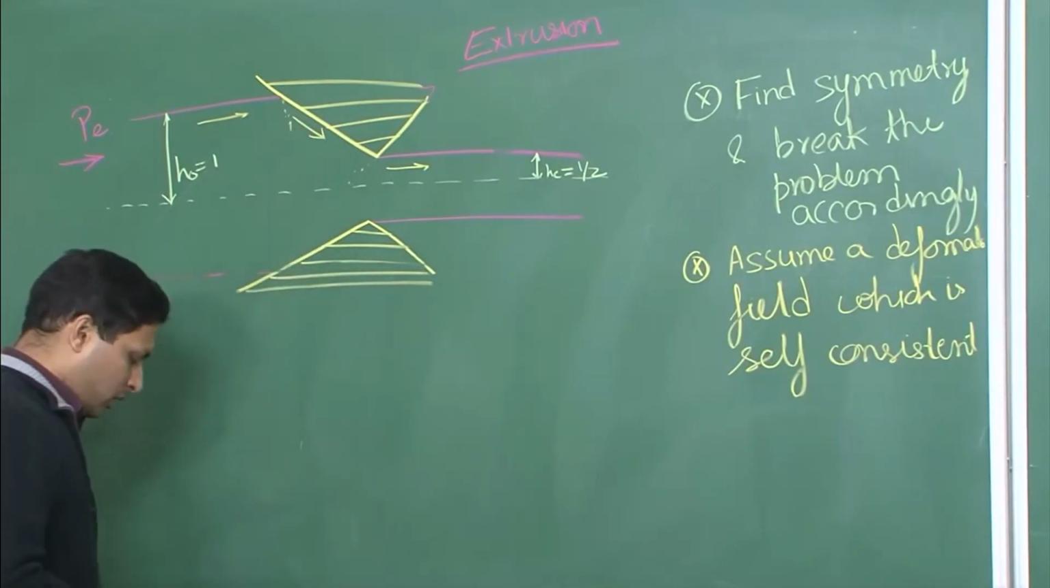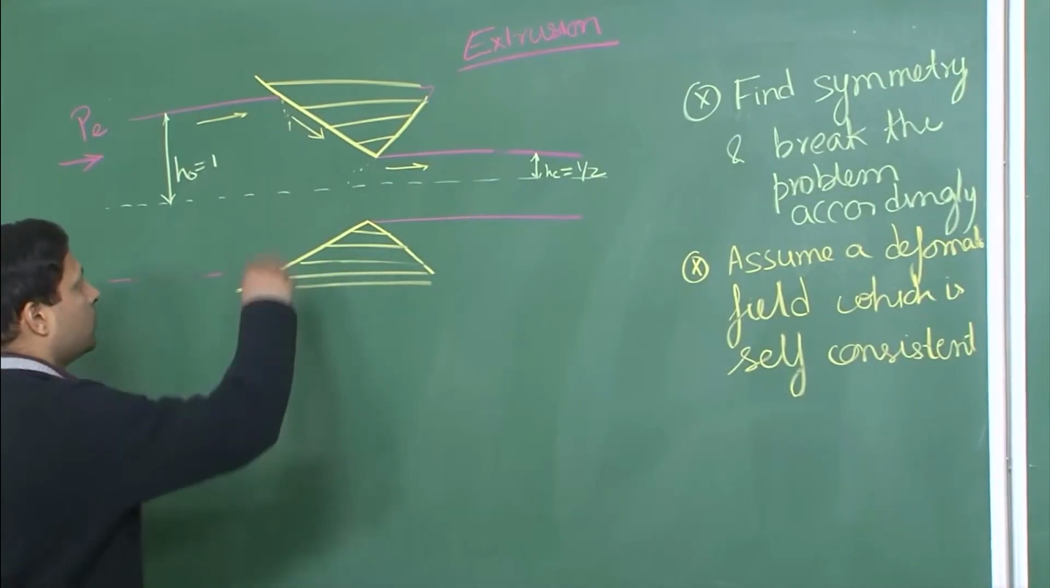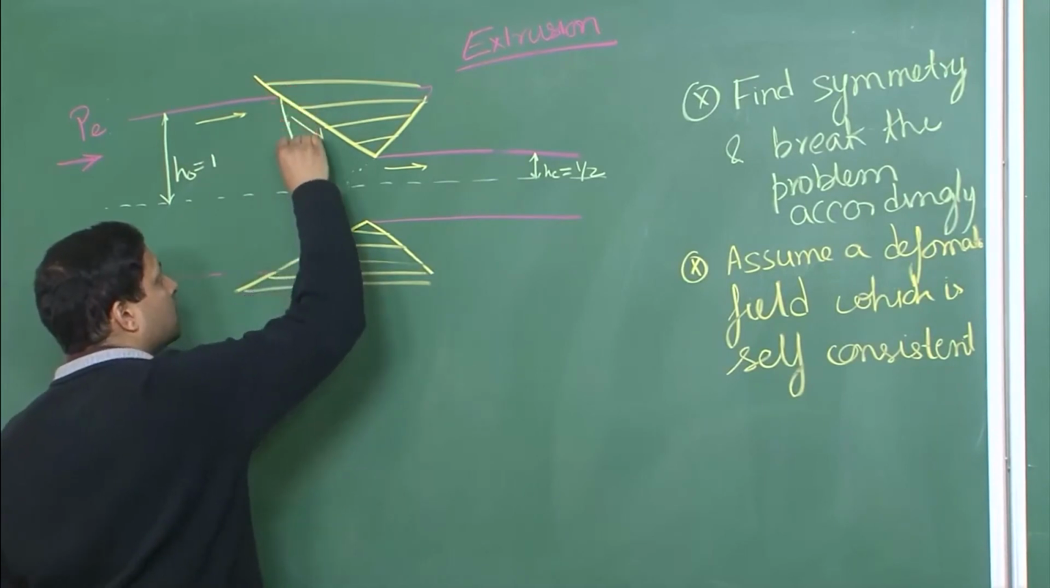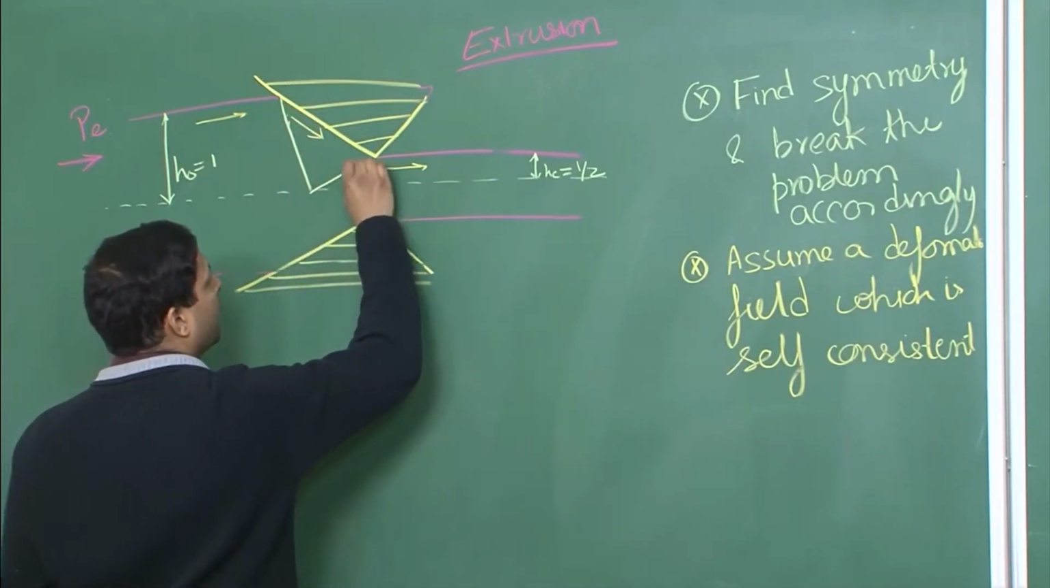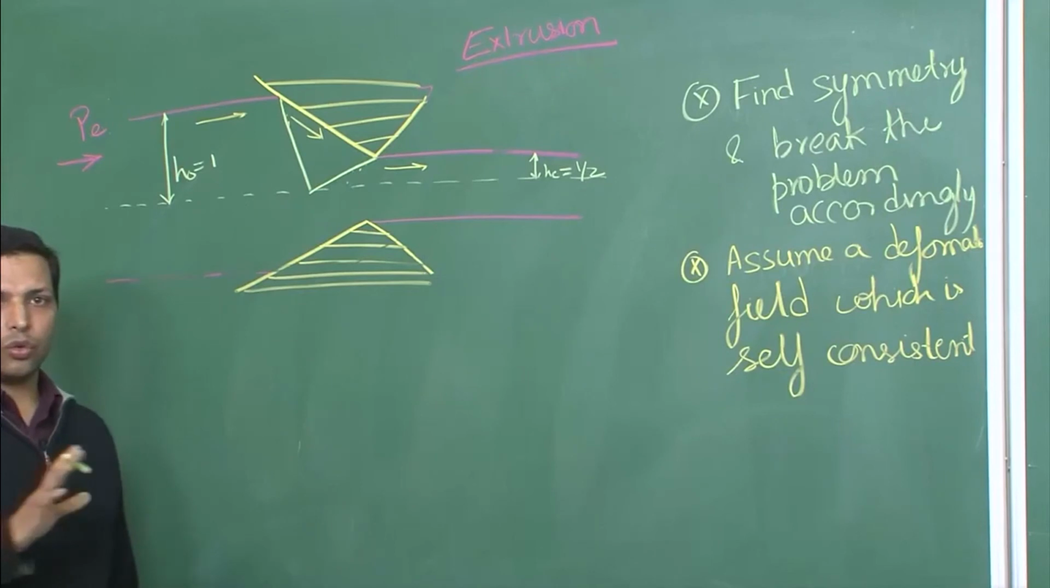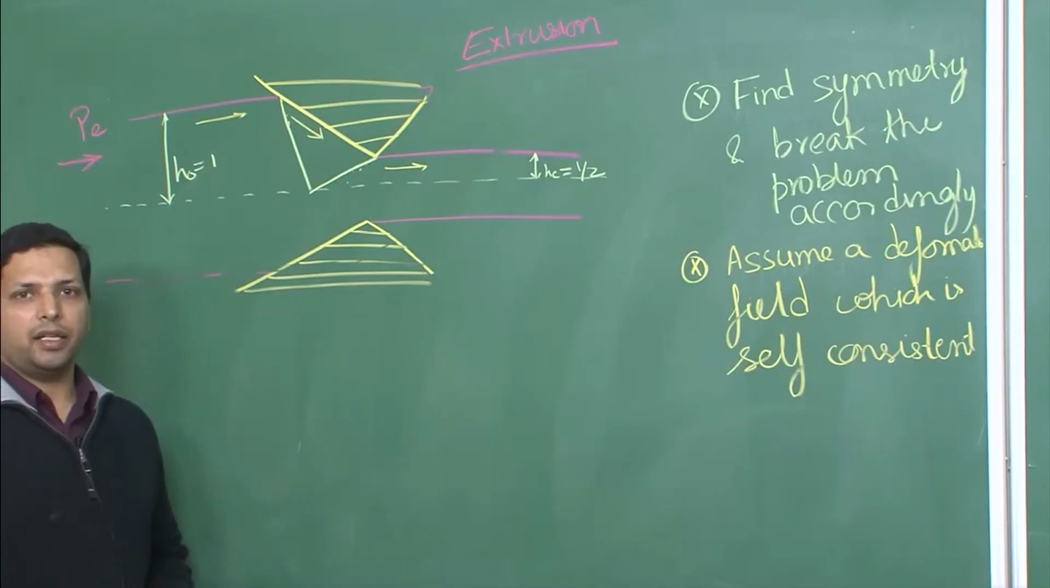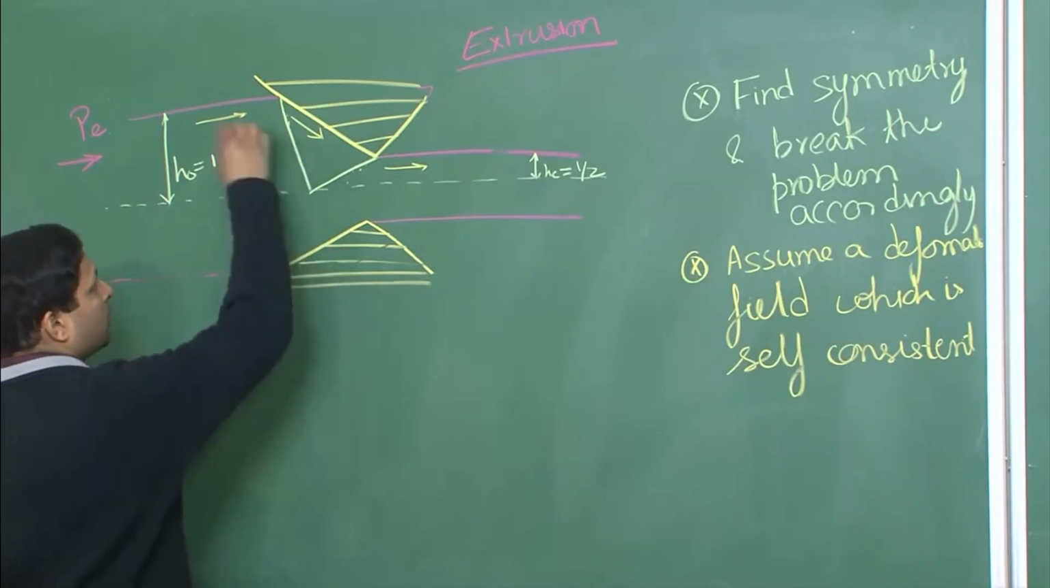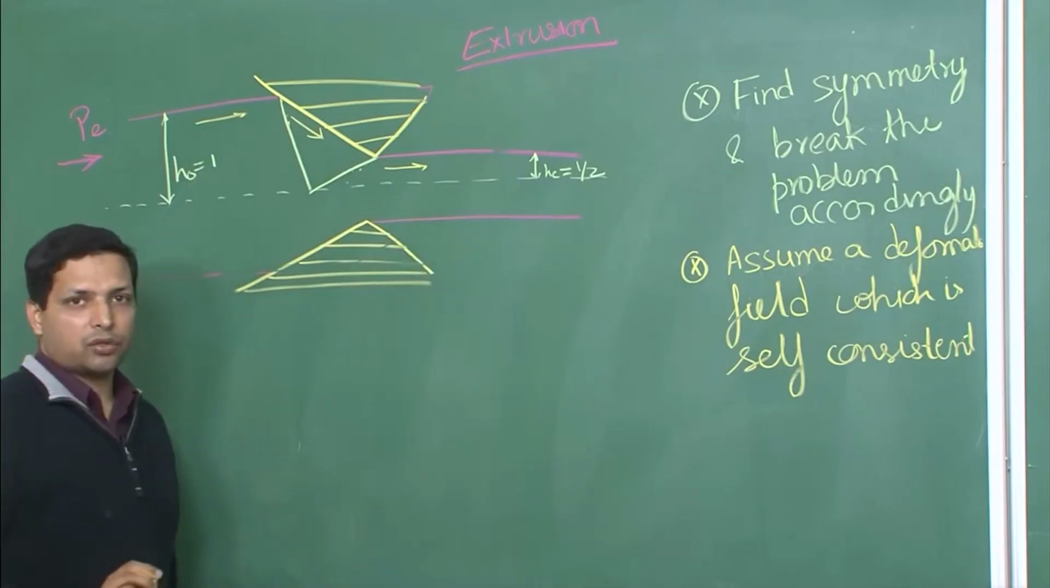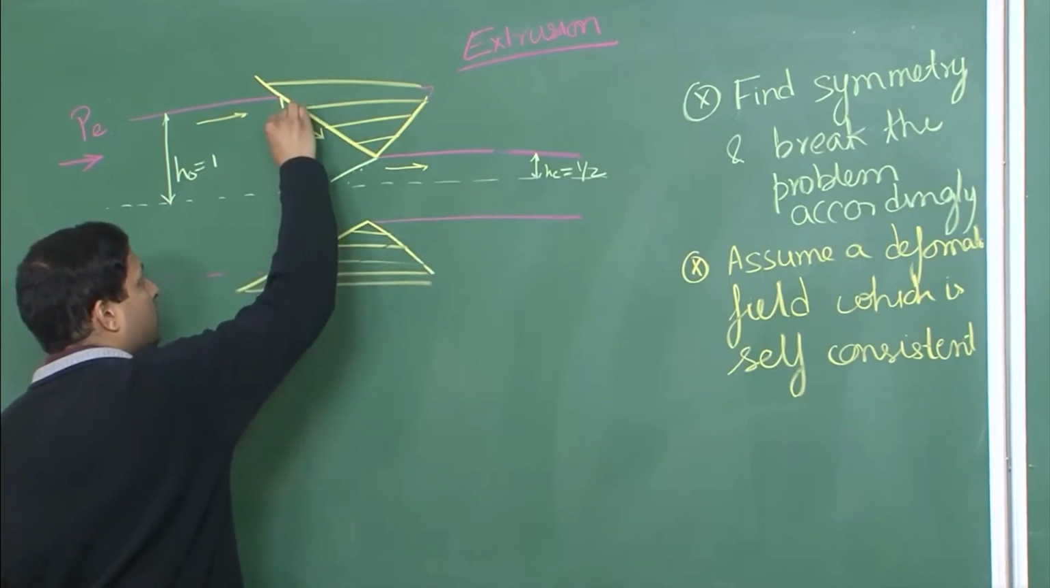Now, we can assume that there is a deformation field like this. Now, this is a totally user defined deformation field. You see the material is moving like this, so far that is good, but how do we draw this